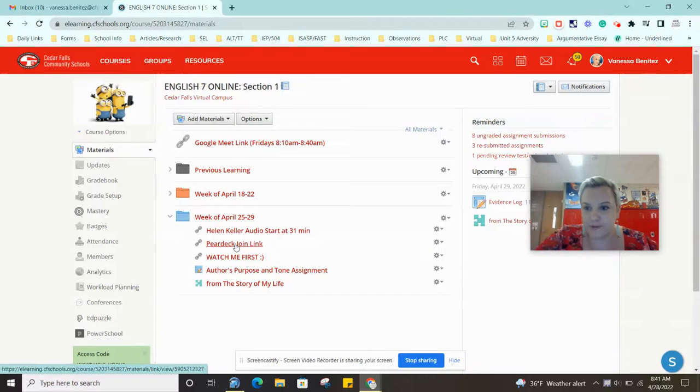So what you need to do is finish this Pear Deck all the way to the end. Remember that some of the Pear Deck asks you to answer questions on the Pear Deck. Some of the questions are making you annotate in your textbook, such as the vocabulary, because if you notice this time the vocabulary wasn't given to you, as well as paragraph 4 and 5. So please don't forget to annotate in your book.